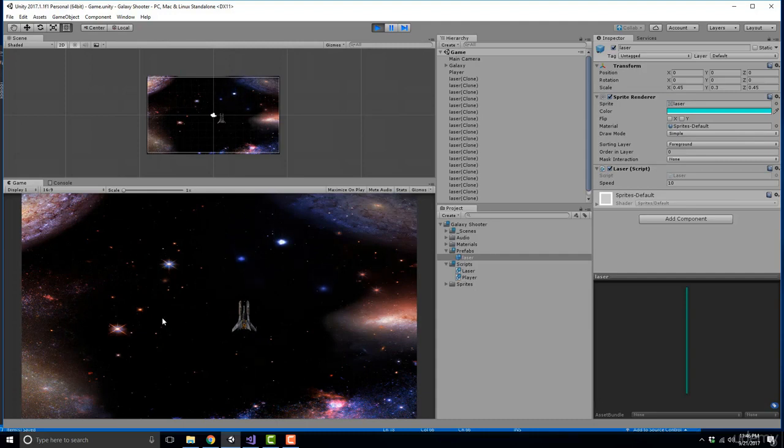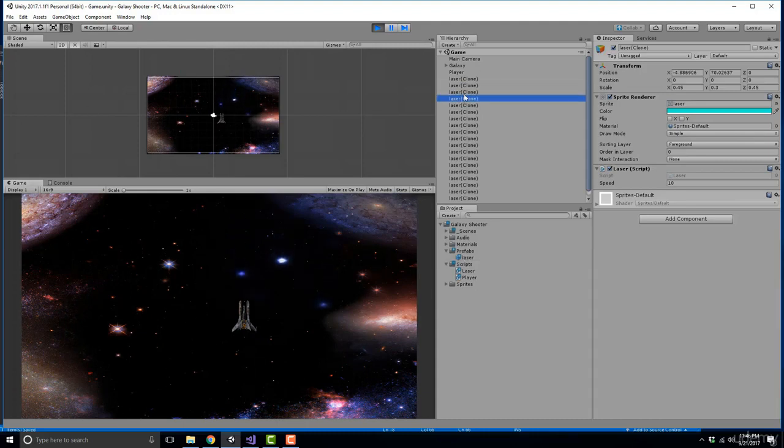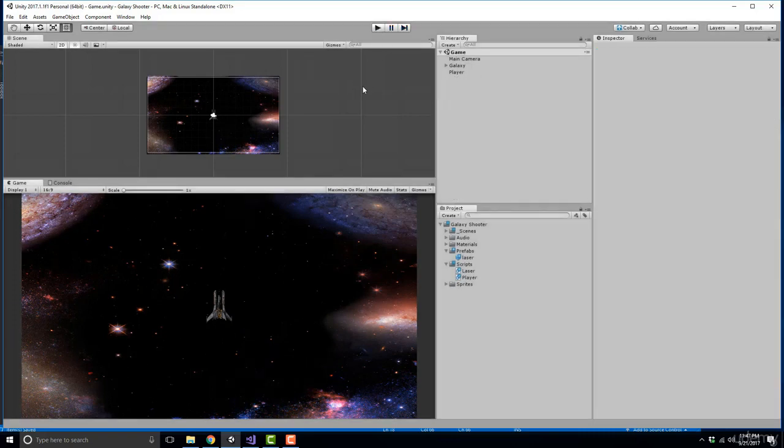However, check out the hierarchy. You'll notice that in the hierarchy here, it's entirely cluttered with lasers that are infinitely going up forever. Now this is poor performance and this is just poor practice right here. We always want to clean up our objects when they're out of view. The reason is that it's constantly making calculations and it's slowing down the performance of our game. So what I want you guys to do is destroy the objects when they go